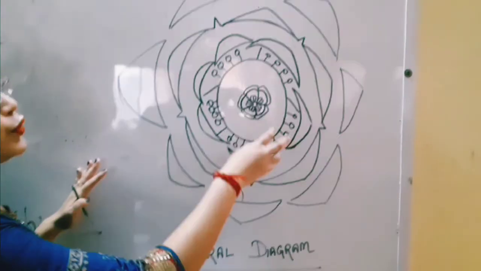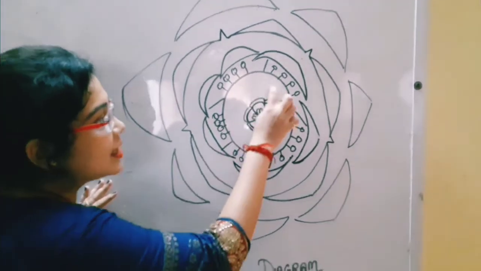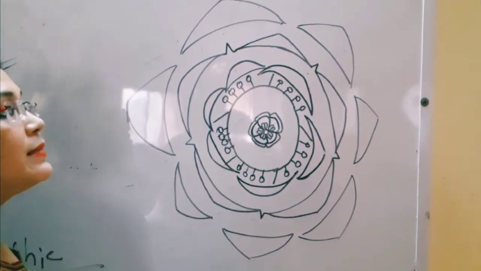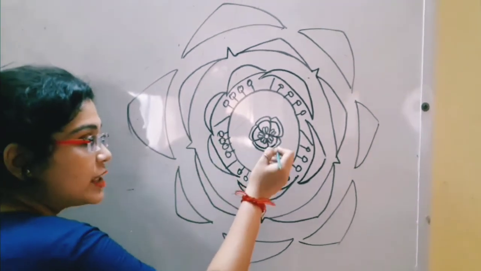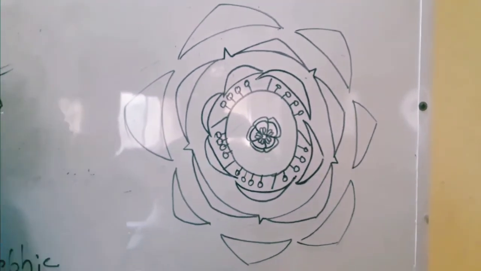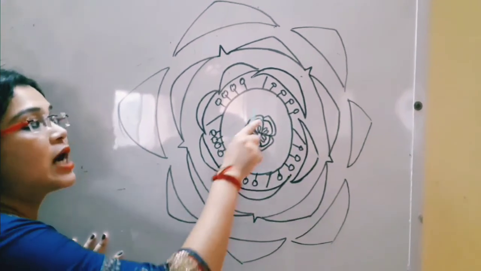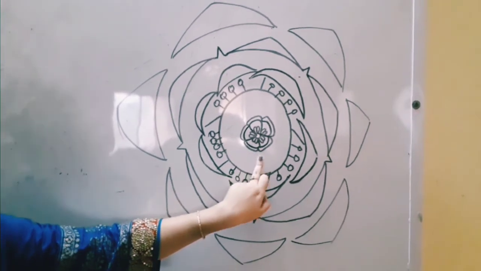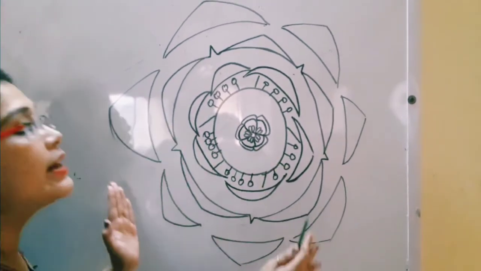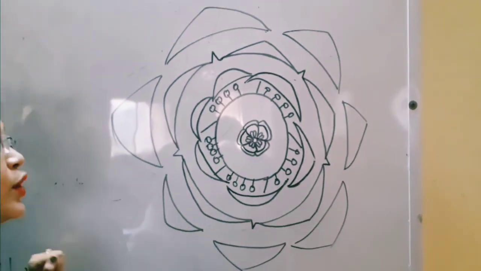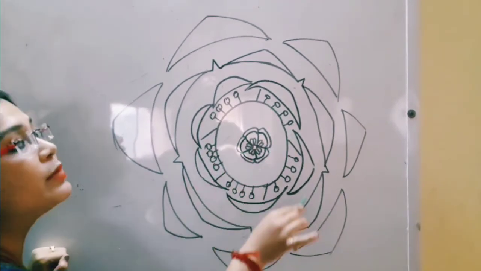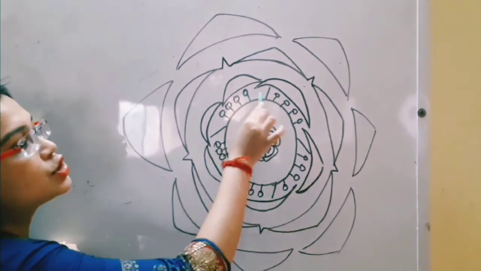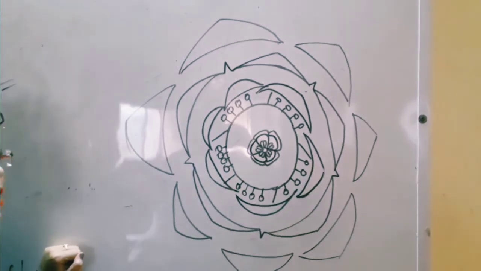So we are starting from the central part. In the center, the part is known as the gynoecium. The gynoecium contains carpels: 1, 2, 3, 4, 5. Five carpels are there, so a pentacarpellary structure is there in the central region of the flower. After the gynoecium, the next part is the androecium. In the androecium, the stamens are numerous, so multiple stamens are arranged just after the gynoecium.